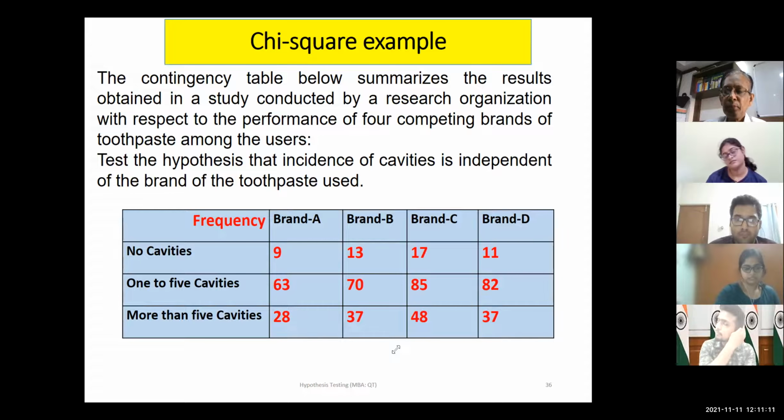So can you make it a simple interpretation? What are we understanding? If we use any brand toothpaste, it will not affect the cavities. Can I tell it clearly, loudly to the public? What the toothpaste companies are saying is nonsense. Incidence of cavity has nothing to do with use of branded toothpaste.